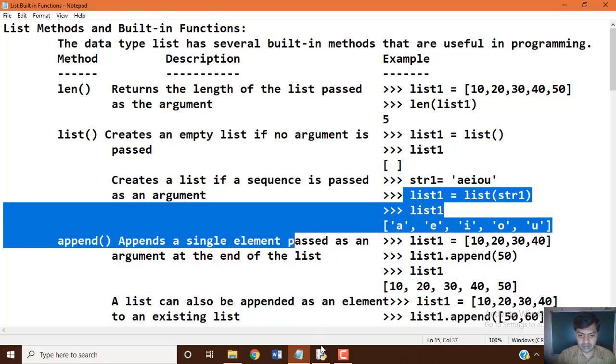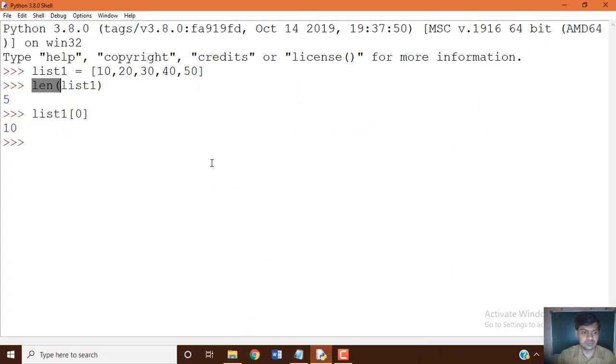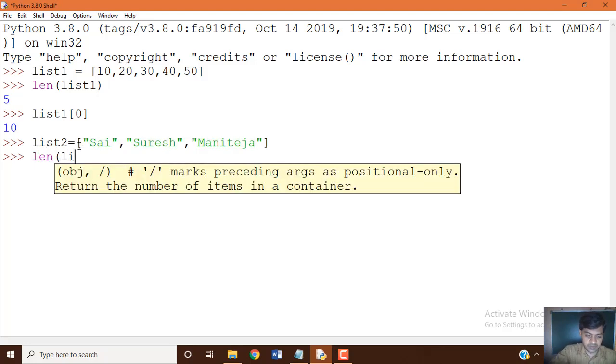So we can define list 2 equal to, for example, names, and then you can apply length of list 2.